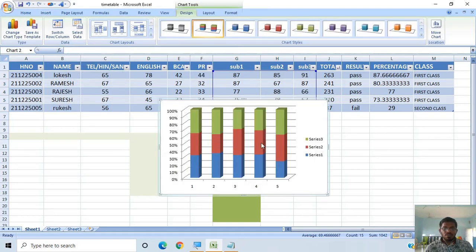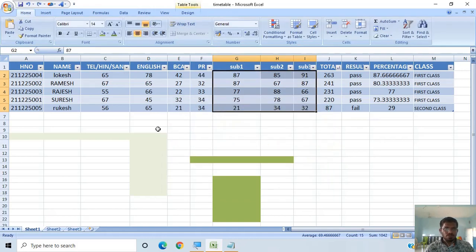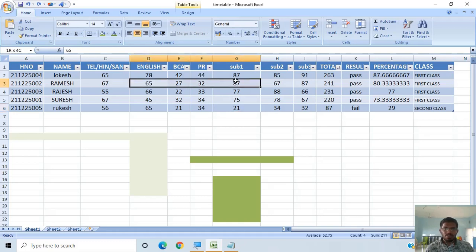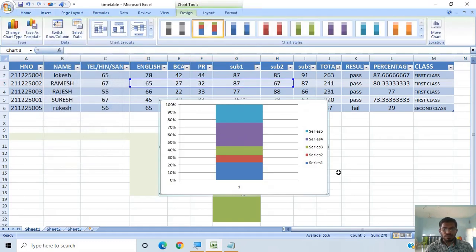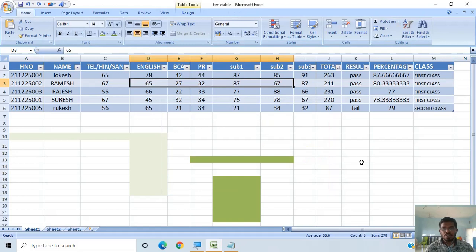So if you want to insert charts in MS Excel, or if you want to display some information in the form of charts, you can select the charts option in the Insert menu by selecting the values. Different types of values you can select, and for these values you can insert charts. Okay, like this you can insert the charts,